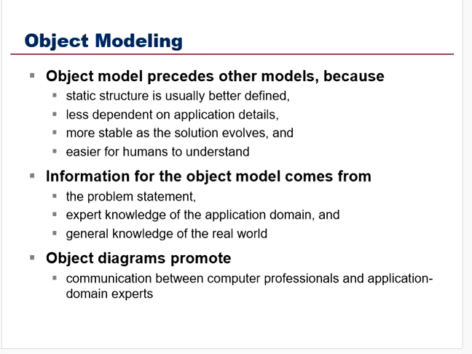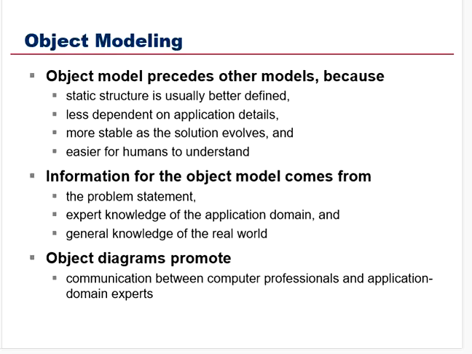Right, now see the object modeling, the introduction of object modeling. Whenever we are identifying the problem statement, we need to build three models: the object model, the second one is the dynamic model, and the third one is the functional model. First of all, we are building this object model. So first of all, see the introduction of this object modeling. This object model precedes the other models, because there are some reasons why we are implementing the object model first.